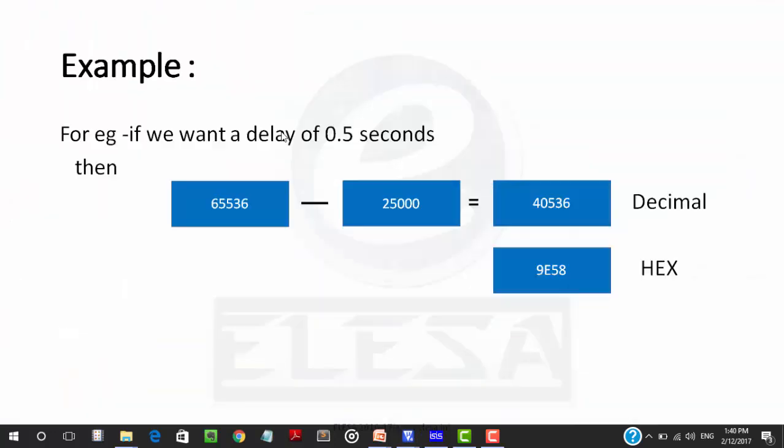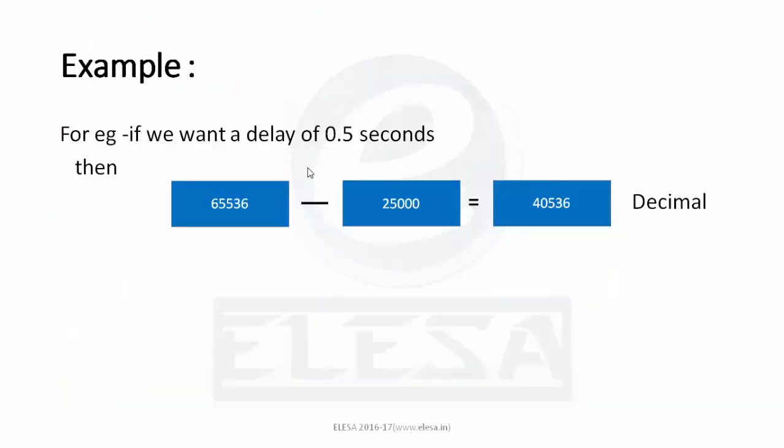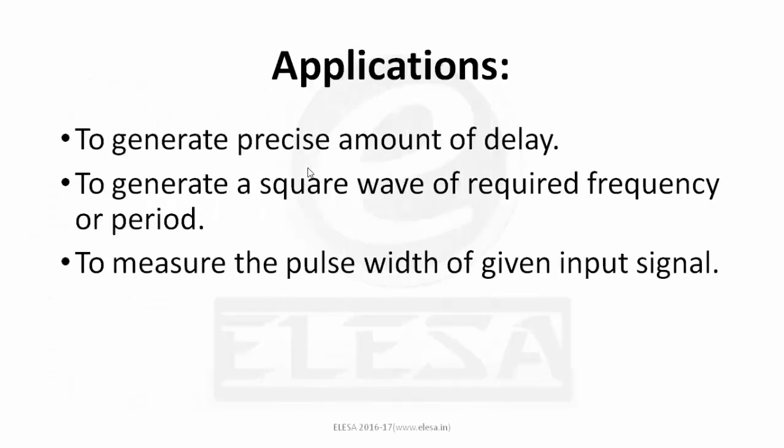Now going to the other application of our timer, that is to generate a square wave of required frequency or period. The same functionality of the timer to generate delay can be used to generate a square wave. As you have seen in my project, I have created a square wave on P2 with 0.5 seconds to toggle, that is 1 second for a full square wave, that is 1 Hertz.